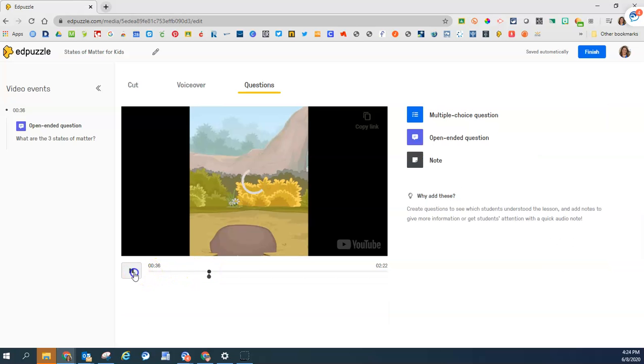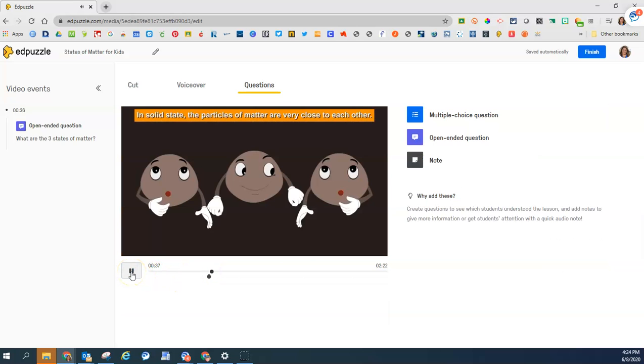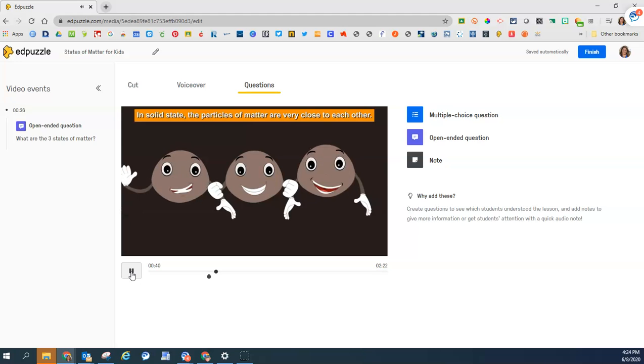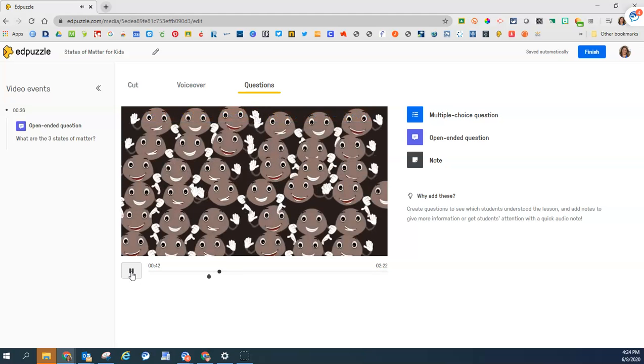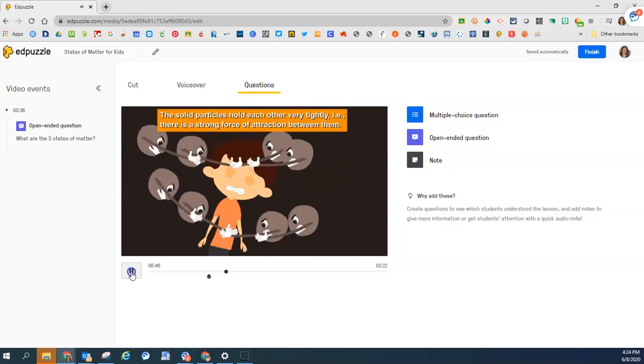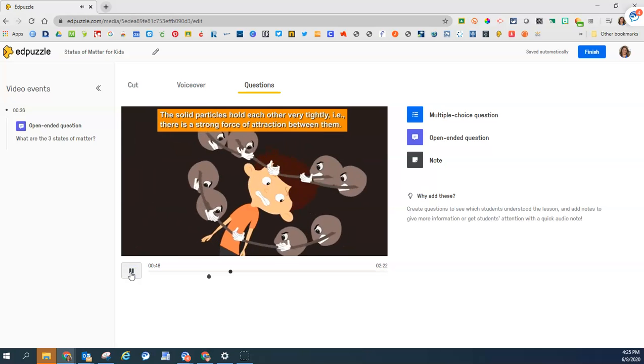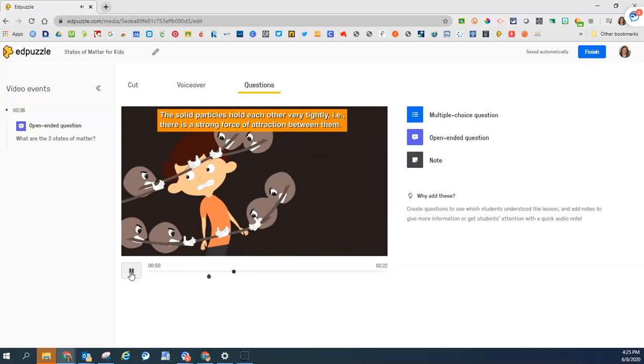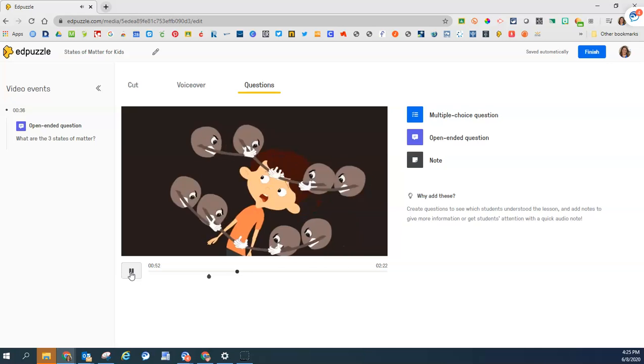And then I can keep playing it in and solid stop it where state, I would like the them. particles of matter are very Next close question. to each other. So the particles hold each other very tightly. That is, there is a strong force of attraction between them. As a result,